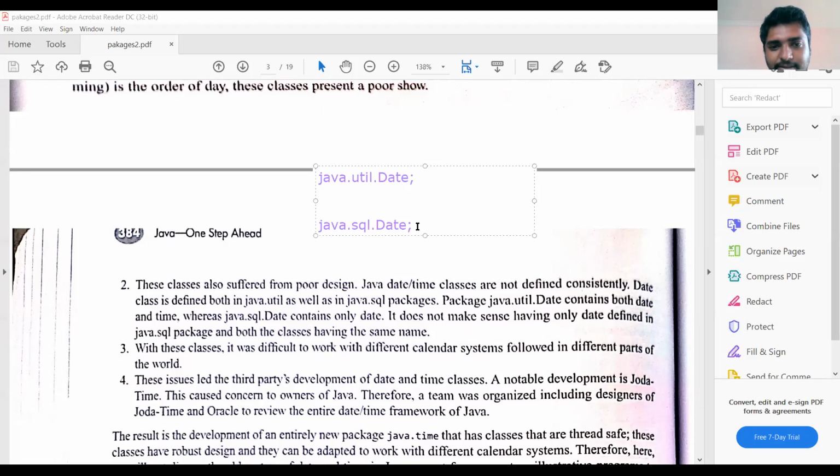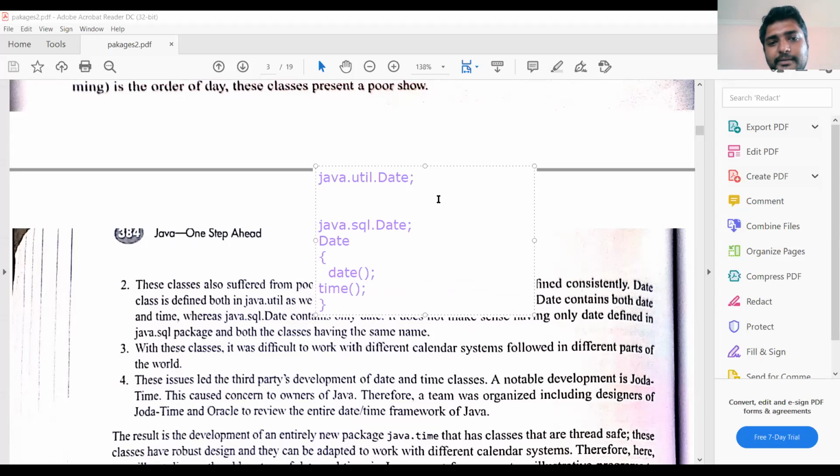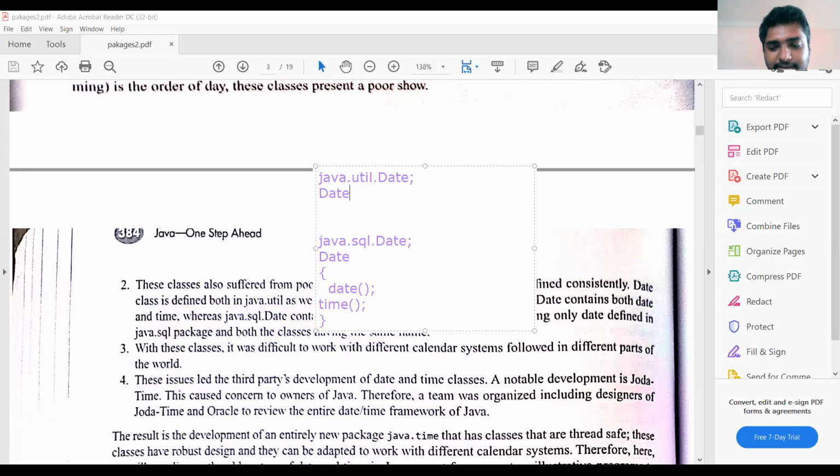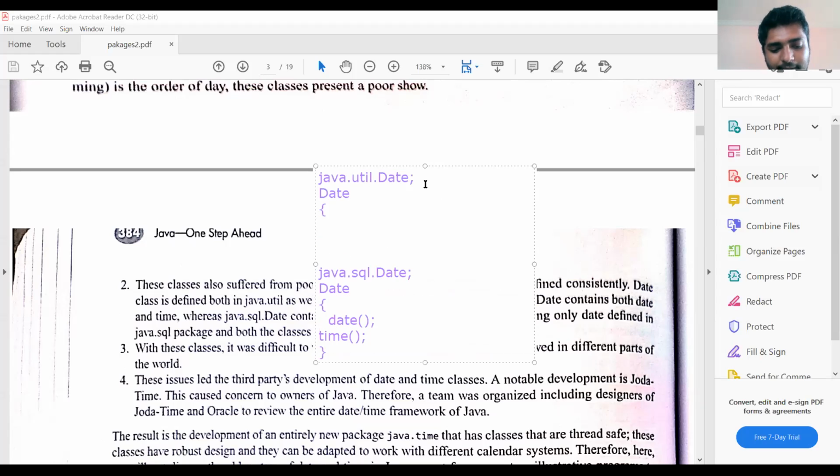In the util package, the Date class consists of the date method as well as the time method. In the SQL package, the Date class consists of only the date method.